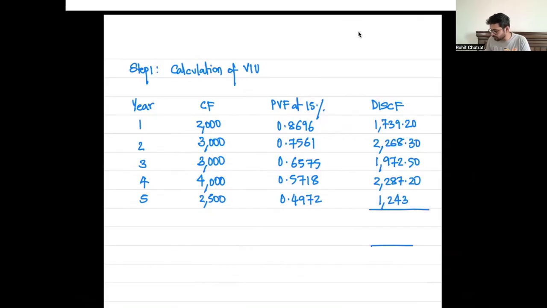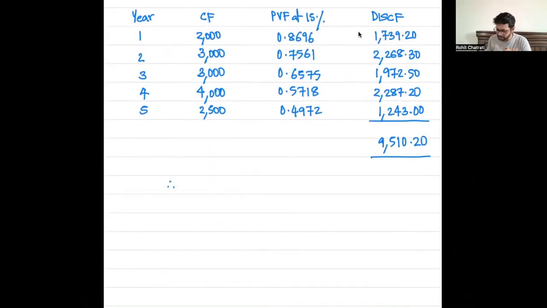The sum total of this is going to be the present value of the future cash flows expected to be generated from the asset, and that is going to be the VIU. That is equal to, I'm just writing 9510.20. All right. So the VIU is